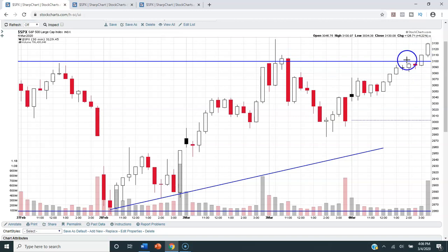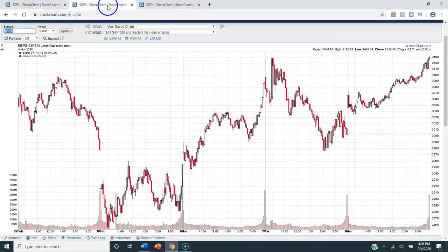And I mentioned that any close above 3100 would definitely be a positive. So we had our first close above 3100. We'll have to see if we can get some follow through over the next couple of days. I definitely want to see us close 3 days in a row above this 3100 level, and that would definitely be positive. But let's zoom in here, and now let's take a look at that same 5-day chart,